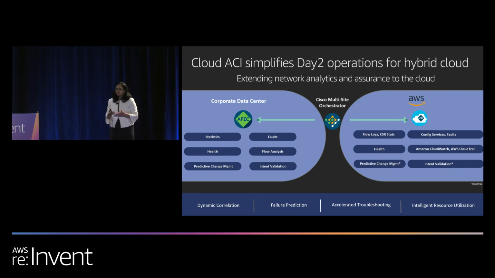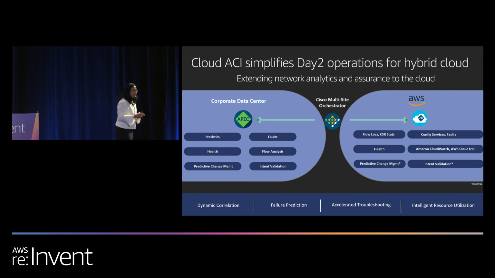If you think about it, in on-prem data centers, you have your logs, you have your events, and all the various information that you get from your hardware switches. In the on-prem data center, all of this information we consolidate on our on-premises SDN controller called the APIC. And similar consolidation of all the logs, the CloudWatch logs and CloudTrail logs within the AWS world, will be done by the Cloud APIC.